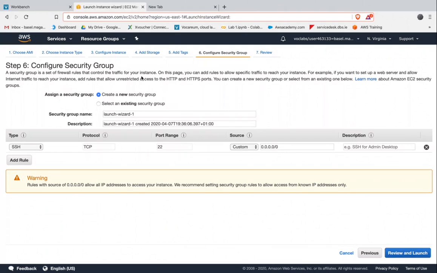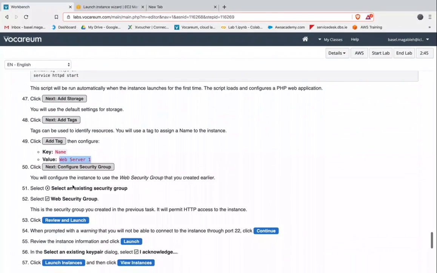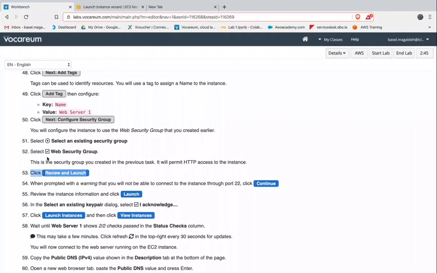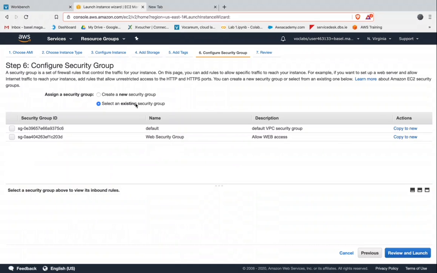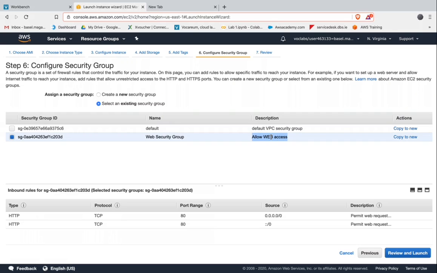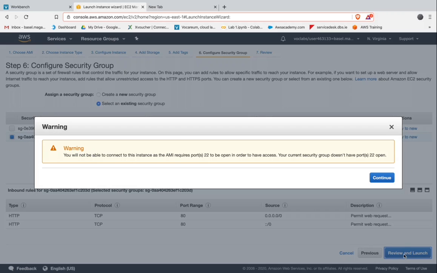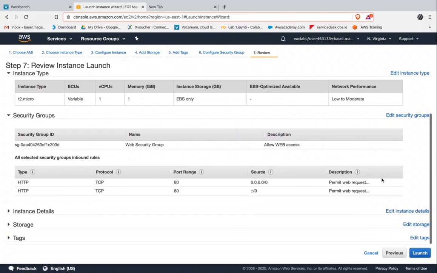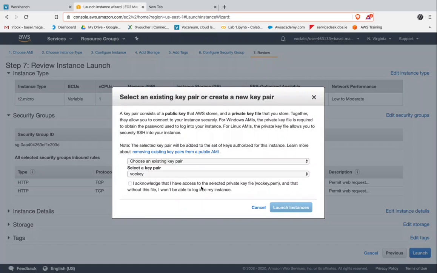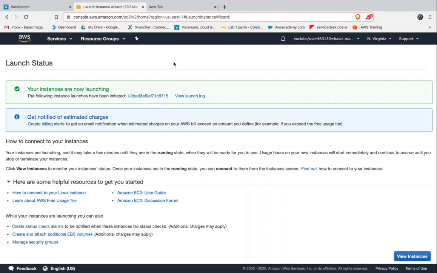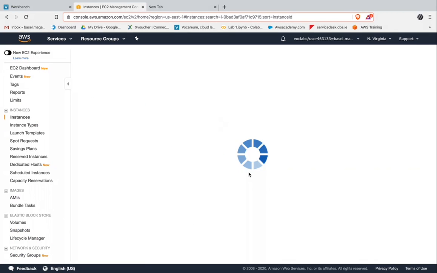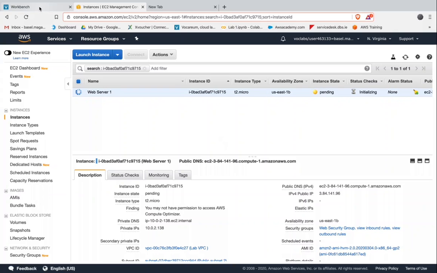And now once we go to the security group, they want you to select an existing security group, which is the one we just created in the previous task. So we select an existing security group, which is our web security group. And you see the description appears here, so you can look back and remember what you have done. Then review. I'd give you this warning, just press continue, and then launch with the key pair, which is the Vocarium key. Launch instances, and this now will be a new EC2 we just created